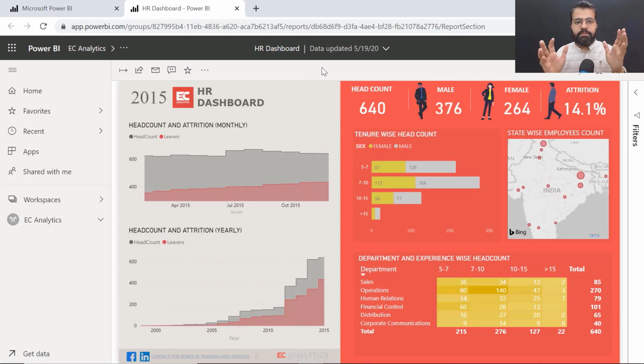We have successfully published on Power BI Service. Now in our next videos, we'll perform this step by step. We'll load data in blank workbook and we'll perform all the calculations, everyone.